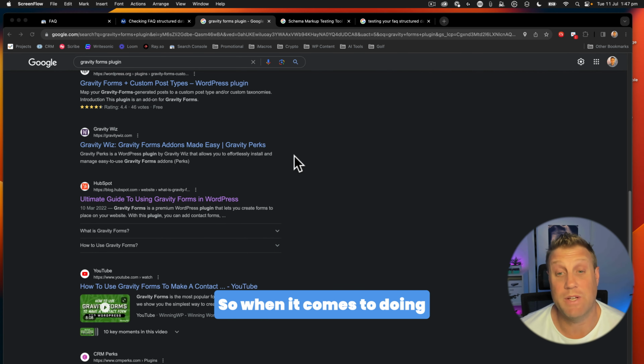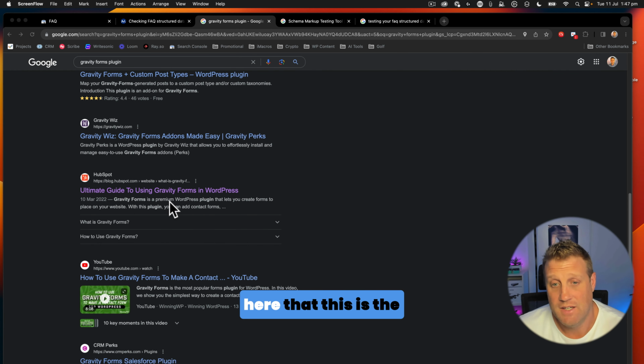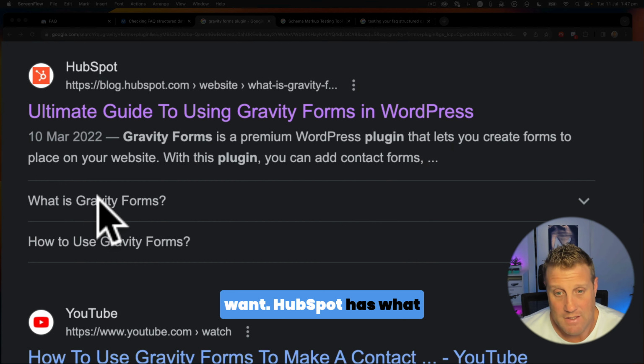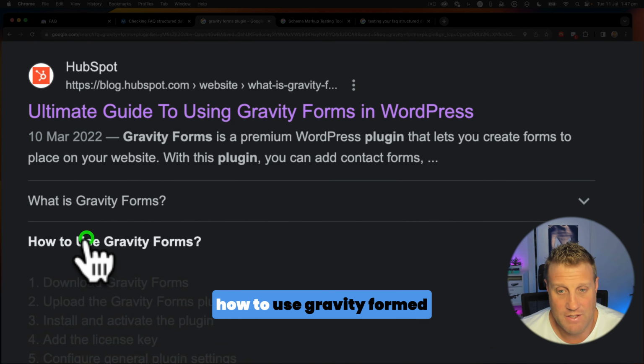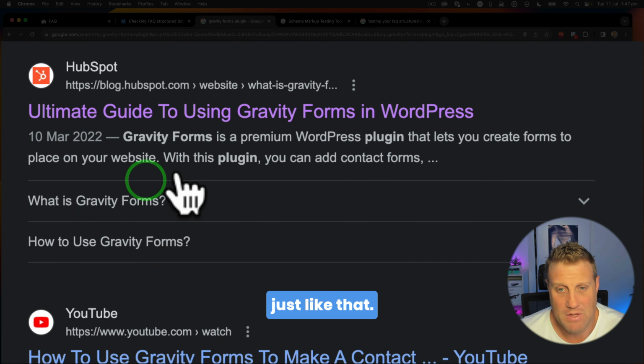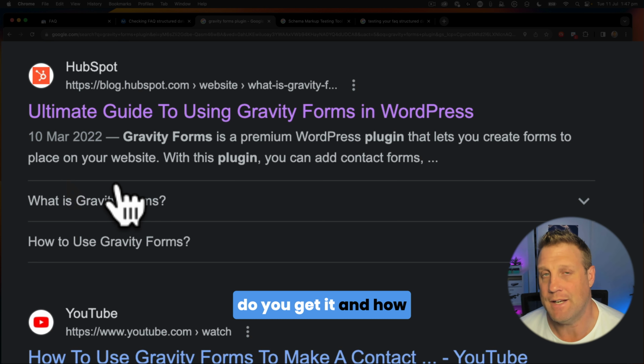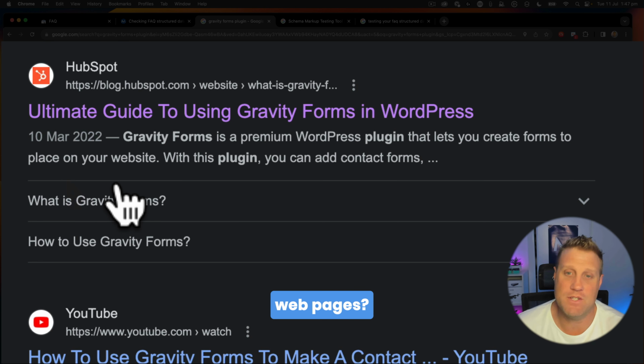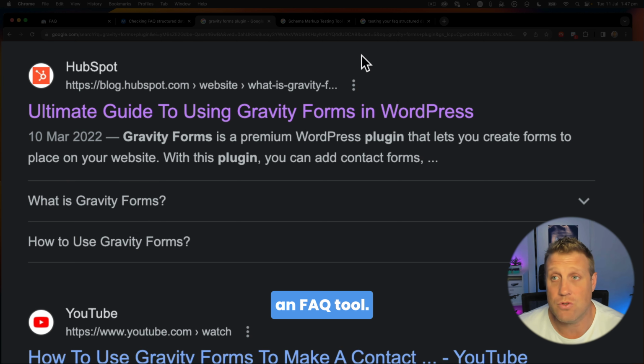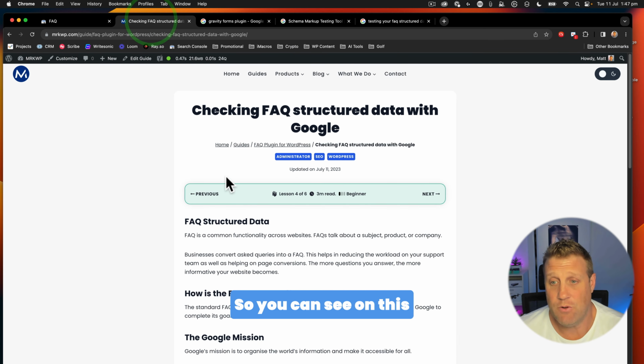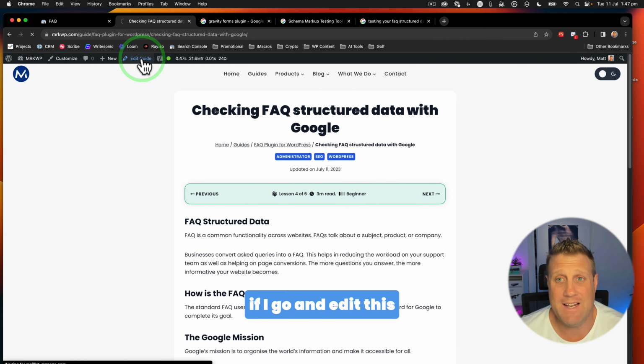So when it comes to doing FAQ data, you can see here that this is the kind of result that we want. HubSpot has "What is Gravity Forms" and "How to use Gravity Forms," just like that. So this rich data, how do you get it and how do you see it on your web pages? Well, you need to use an FAQ tool. So you can see on this page here, if I go and edit this guide